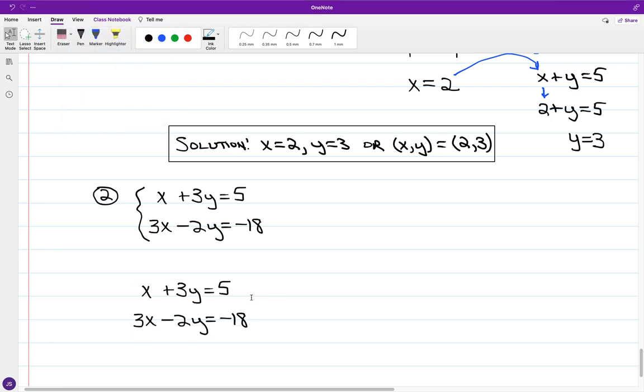And if you notice, we do not have additive inverses. We have x and 3x, so no elimination if I add directly together. And while I have positive and negative y terms, once again, we have 3y and negative 2y. They don't cancel each other completely either. And what you can do in this particular situation is eliminate either x or y